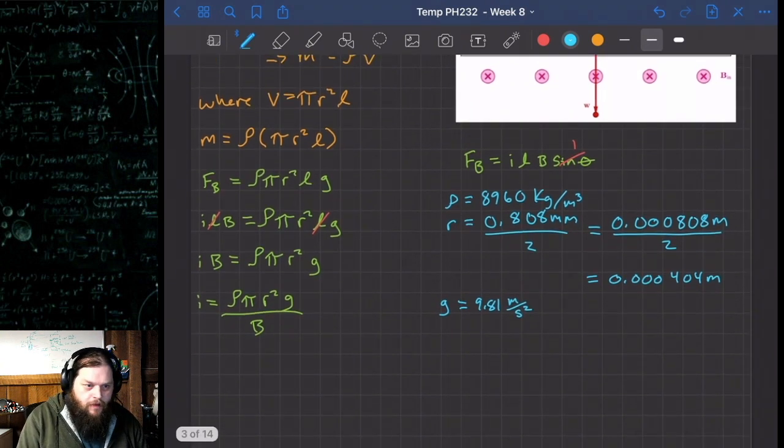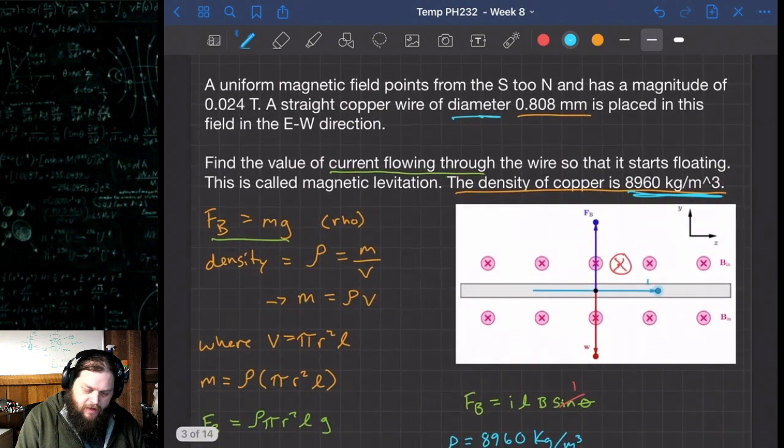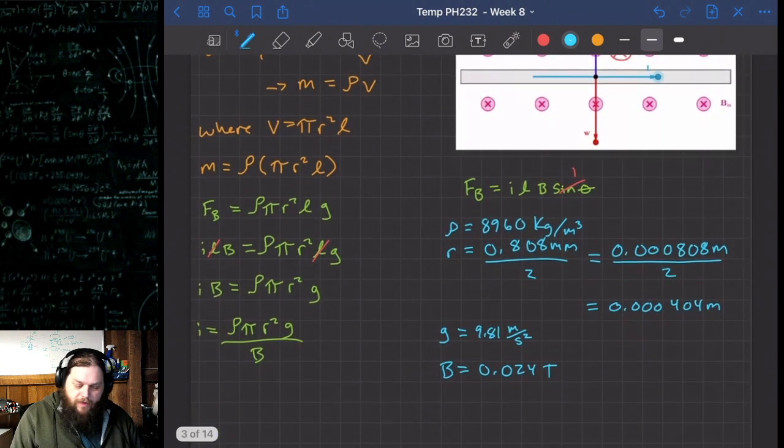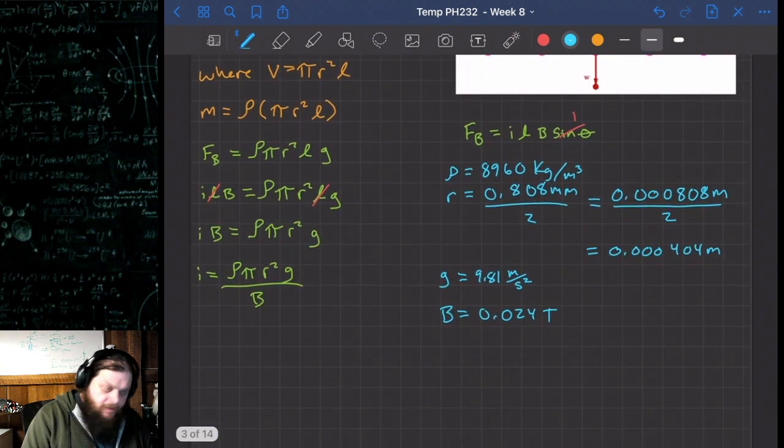And then our magnetic field they give us is 0.024 Tesla. That should be given over here in the problem. So now we have all the pieces we need to solve this. So plugging in these values, we can say that the current is equal to